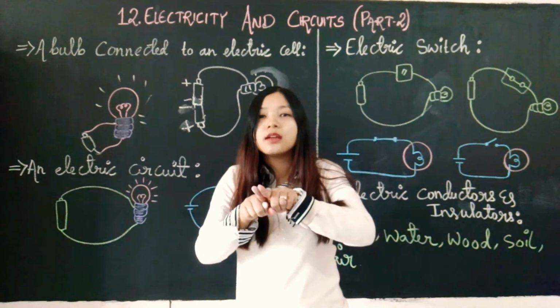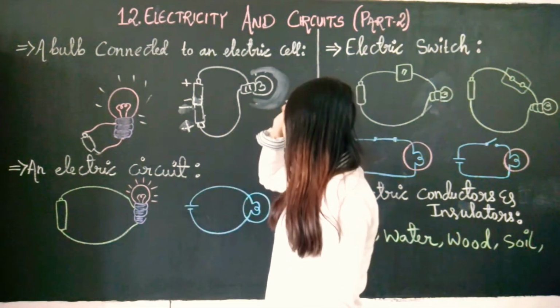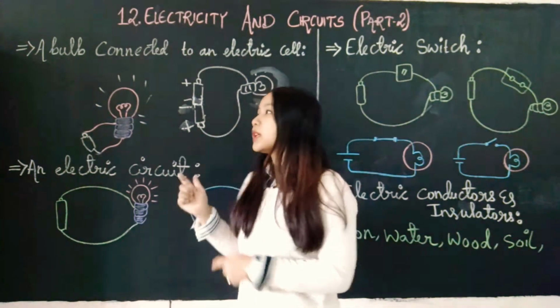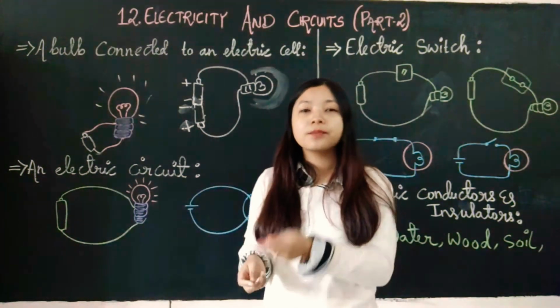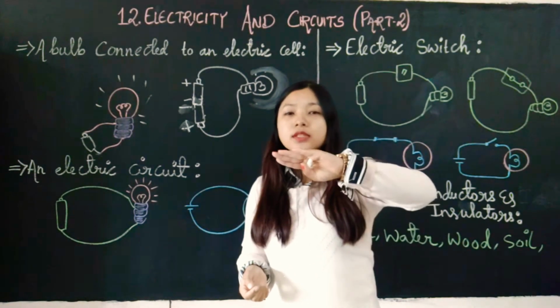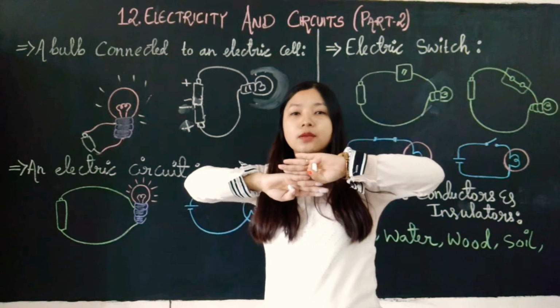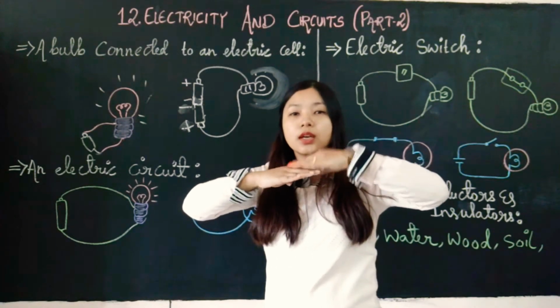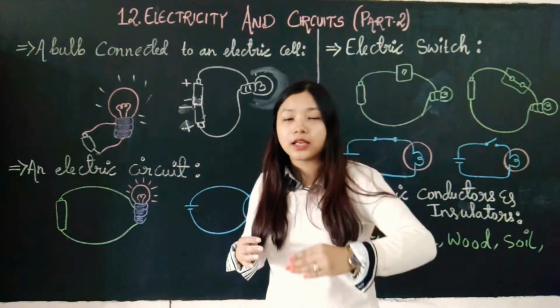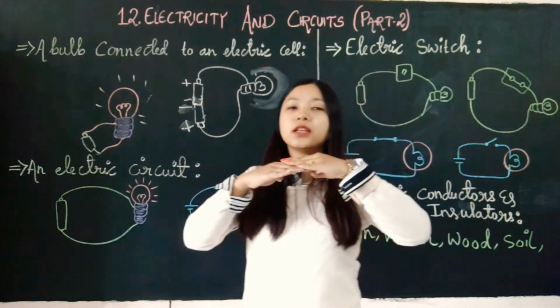So did you understand? For an electric bulb to be connected in a correct way so that it glows, how do we connect it to a cell? If we are using more than two electric cells, the positive terminal and the negative terminal should be connected to each other. So positive, negative, in such a way we have to connect it. The positive will connect with the negative.